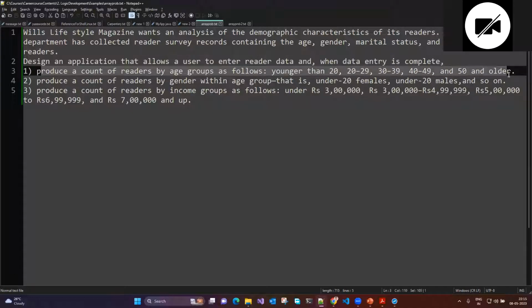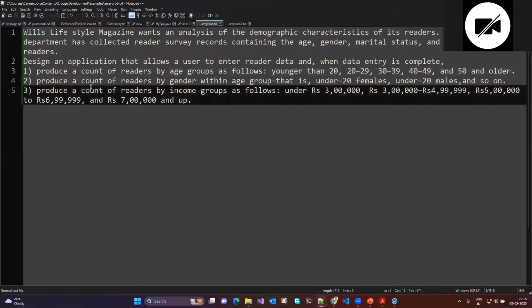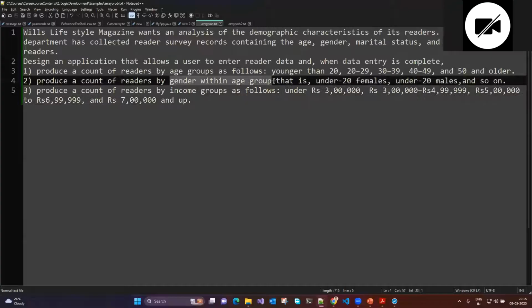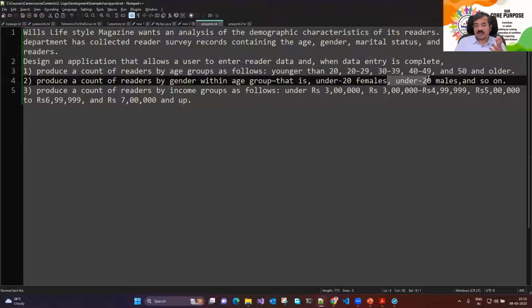ये आपका जो अभी आपने solve किया. Second, produce the count of readers by the gender within the age group. That is under 20 females, under 20 males, and so on. फिर वैसे under 39 males, इस ग्रुप में कितने मेल्स और फीमेल्स है, इस ग्रुप में कितने मेल्स और फीमेल्स है, वो